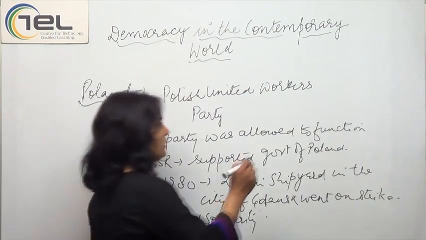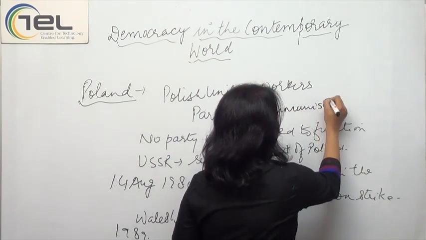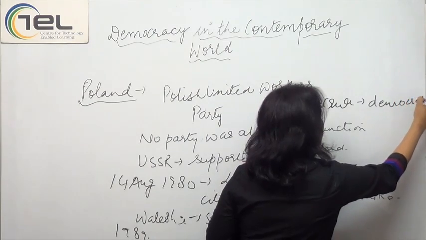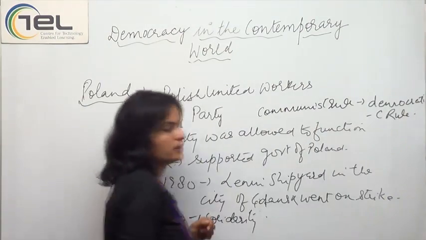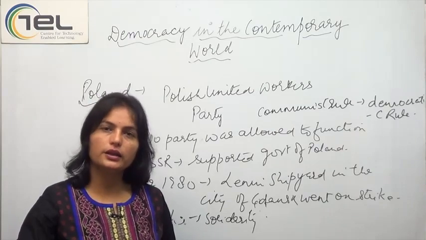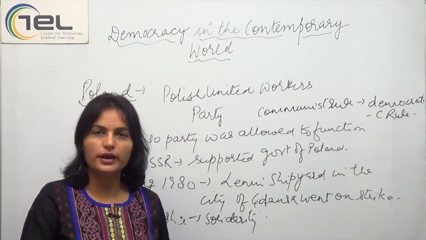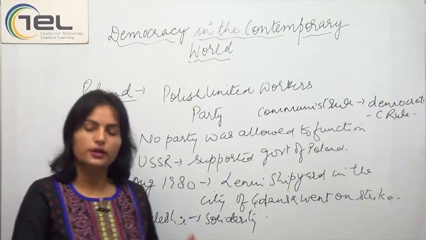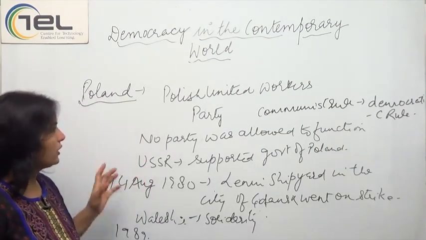So here we saw that the communist rule, that is the autocratic rule, was transformed into a democratic rule because people raised their voice. If people had not raised their voice, it would not have been possible. So what we can conclude is, until and unless people raise their voice for certain things, they cannot get their due rights. So right now we can conclude that